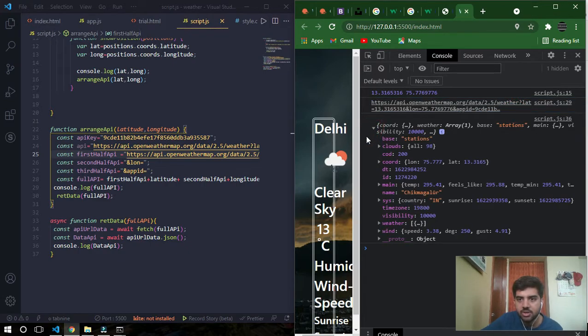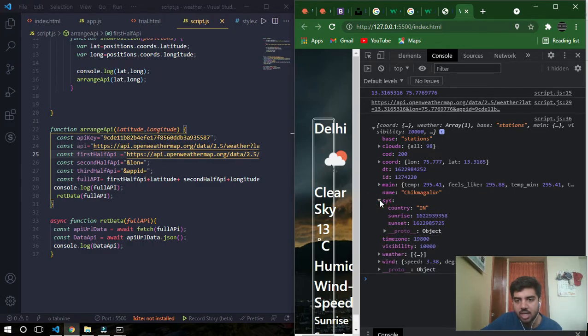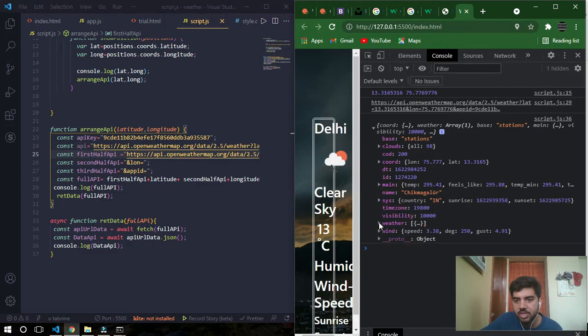We have base, we have clouds, we have coordinates, we have date, we have ID, we have main, then we have time zone, we have visibility, we have weather, then we have wind.